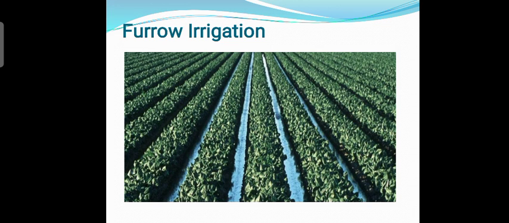Students, in furrow irrigation, furrows are the small parallel channels which carry water to irrigate the crops. The crop is usually grown on the ridges between the furrows. This is used for row crops such as maize, sunflower, etc. This type of method is suitable for a wide range of soil types and for many crops. This method is also preferred for those plants which will not require much water, or the roots of such plants should not be submerged all the time in the water.